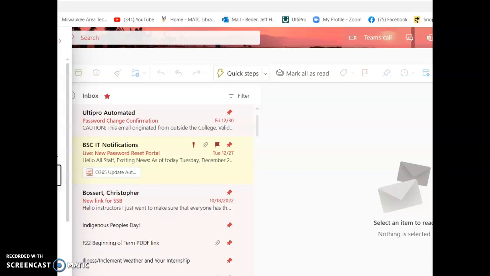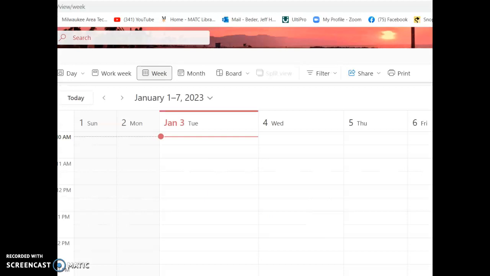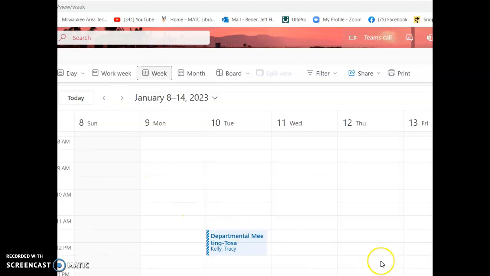Your calendar also is very helpful for getting into the Teams call, because if you go into your calendar, you should see an invite, which will be here on January 12th. There'll be an invite, which I will create earlier in the week, and I will mail that out to you in an email. So the link will be in the email, and it will also be